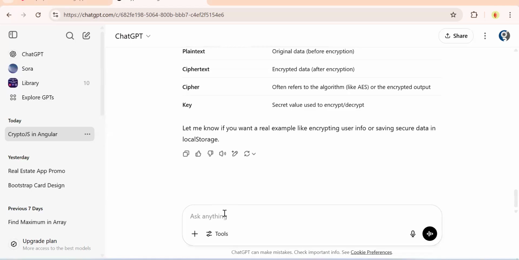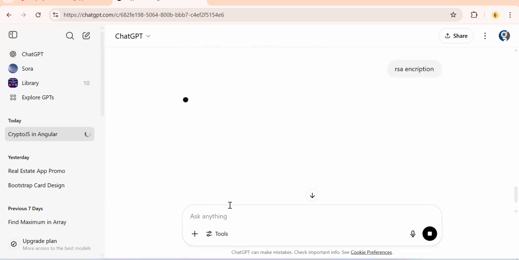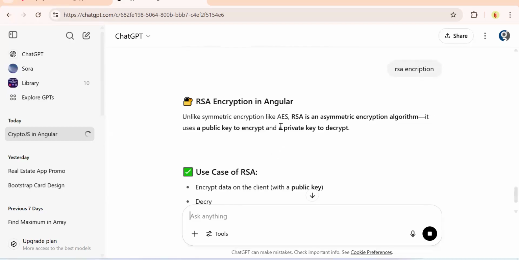From your Angular application, you are encrypting some data, and on the API side they should decrypt it, correct? On both sides, you should use the same algorithm to encrypt and decrypt. So in case of .NET, we have RSA encryption. You can use it on the Angular side to encrypt the data with the key name, and the same data they will decrypt on the .NET side by using the same key name.